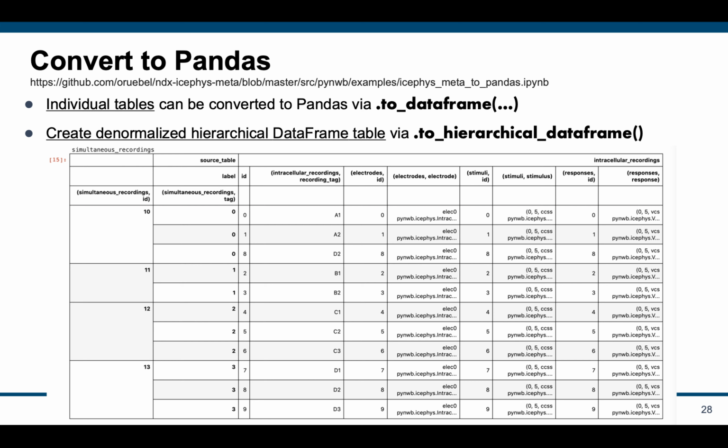hierarchical index, which consists of the ID of the simultaneous recording. So you can see there are 4 simultaneous recordings, and the simultaneous recording with the ID 10 consists of 3 different intracellular recordings with the associated metadata, so that we now have all the data from these different tables denormalized in a single table so that we can easily query and interact with it, while at the same time we avoided data replication in the file by having it defined in the hierarchy, which also has the advantage that we